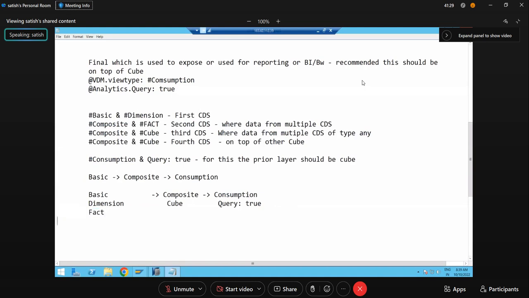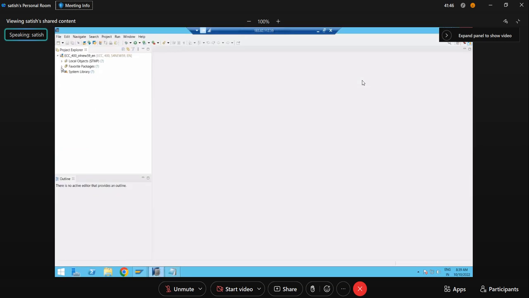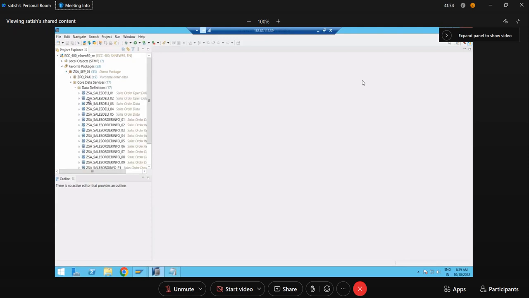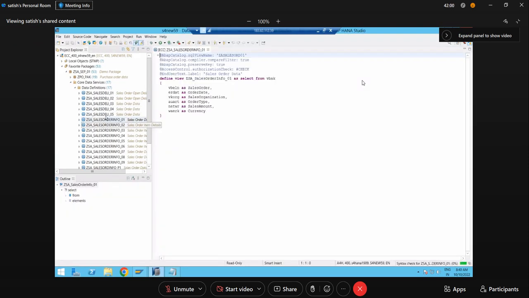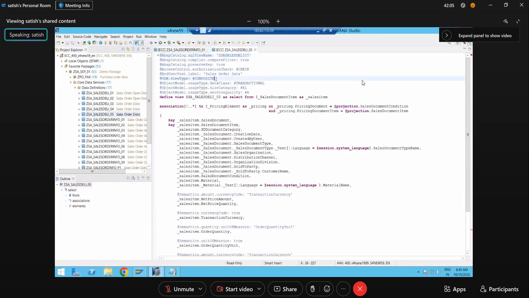Okay, fine. Now let's create one CDS. We already created a basic one. We'll just add these annotations, and whatever composite we add, we create this annotation, and finally we consume it as a part of consumption. Now see here. This is a CDS for which I have already written a composite, guys. Now I can use